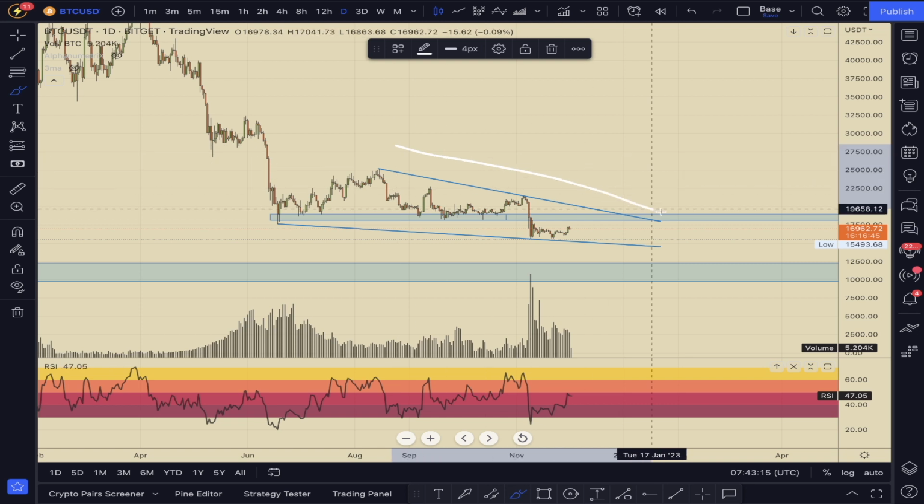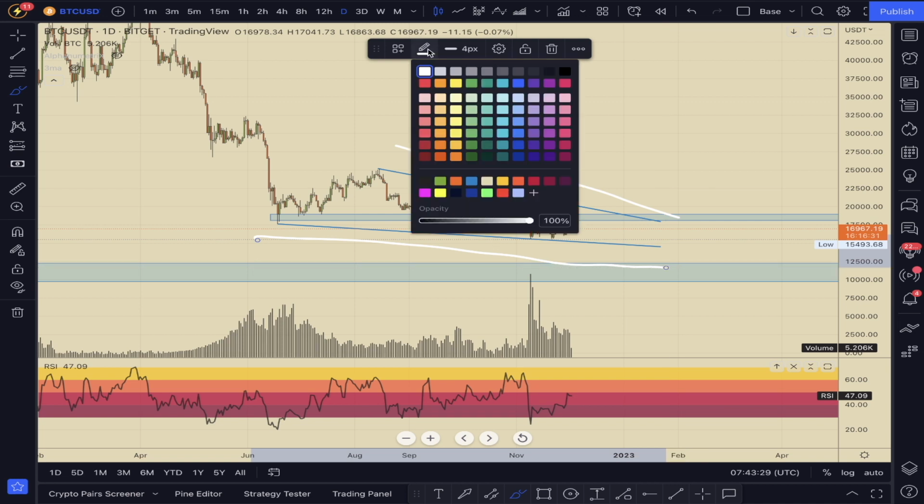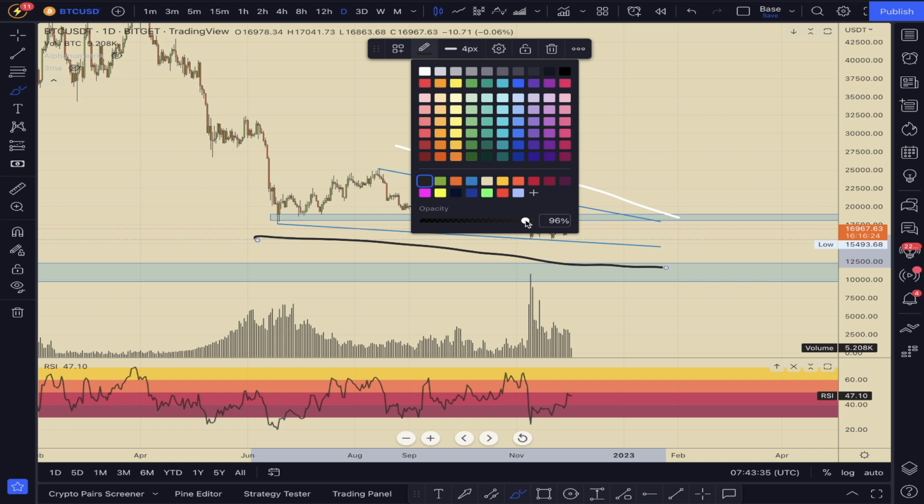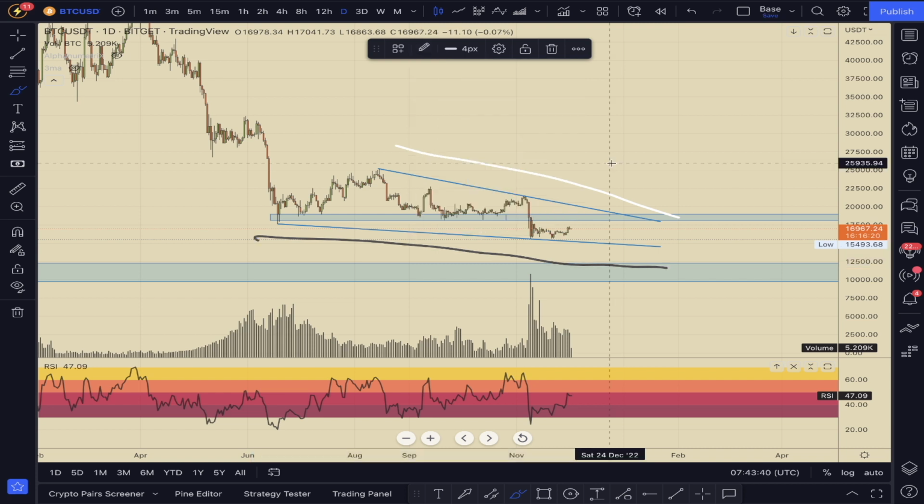So the bullish thing is this formation here is a falling wedge, okay? We're coming off of a macro downtrend, so you need to not get too excited. We're still fighting a macro downtrend. We're still printing lower highs and lower lows. That is going to be the case until something changes. So let me just change the weight of that a little bit. So the macro has not changed just yet.